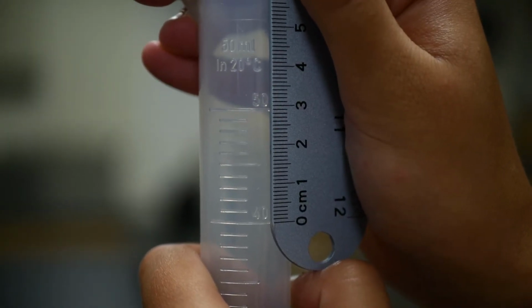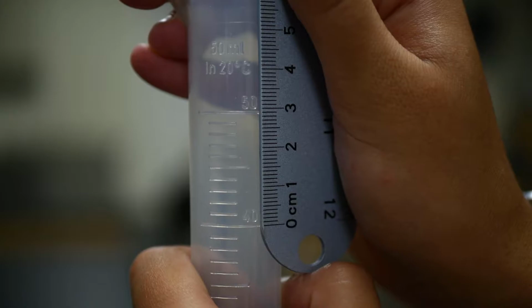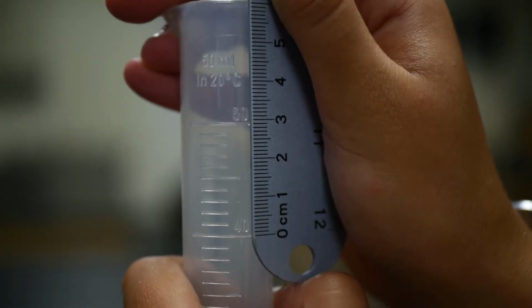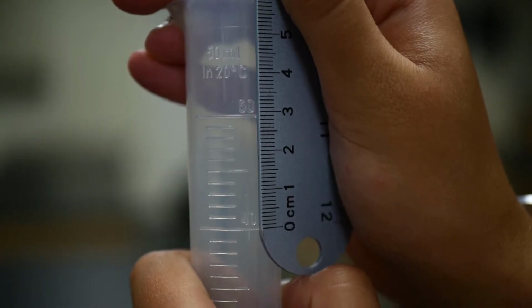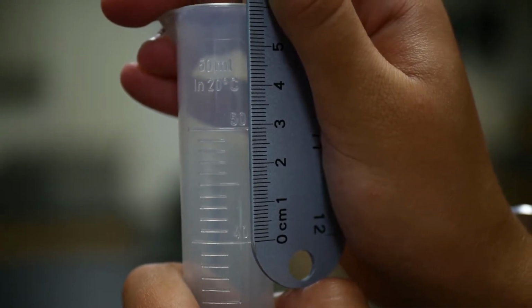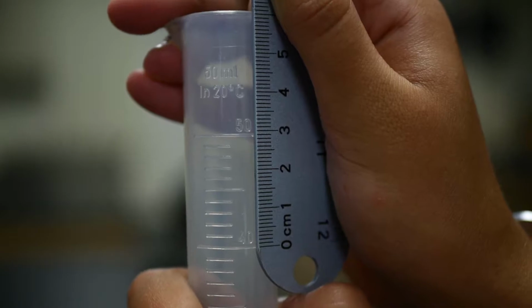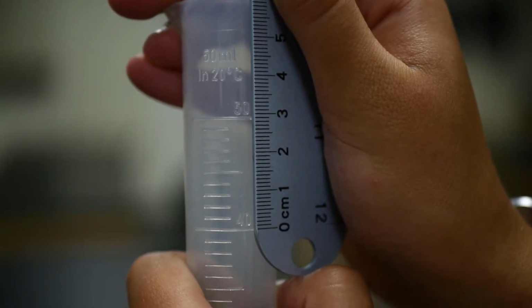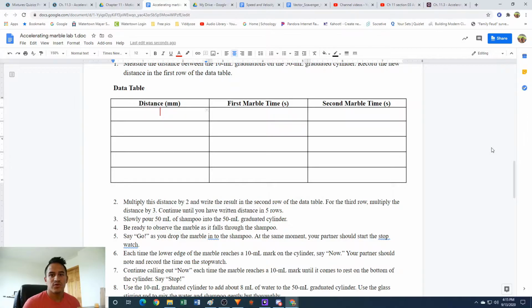All right, so the first thing we're going to do is measure the distance between 10 milliliter marks on the graduated cylinder. Holding up a ruler, it looks like we have about 2.9 centimeters for every 10 milliliters. So we're going to mark that on our data table. Once we've written 29 millimeters in our first box, or 2.9 centimeters,